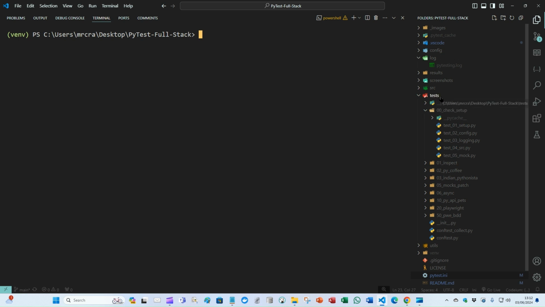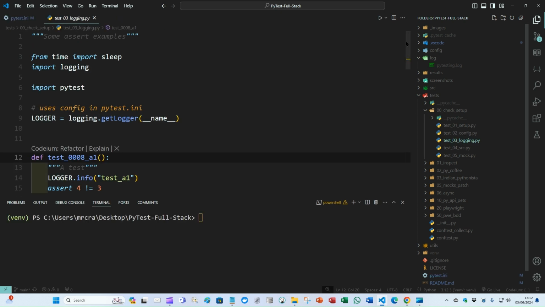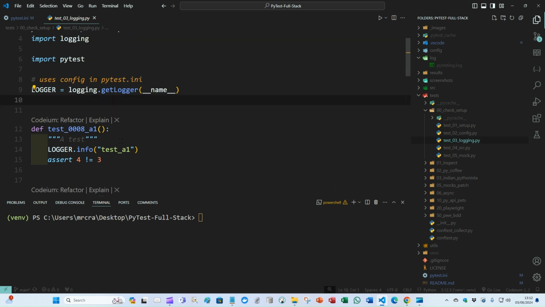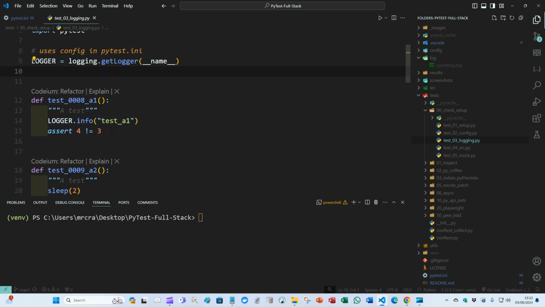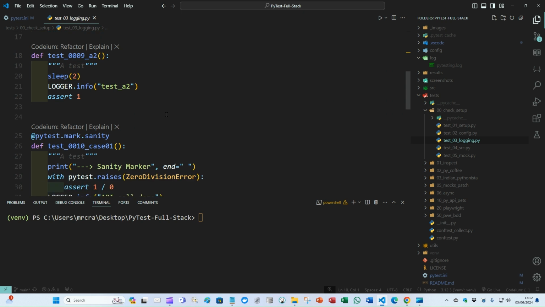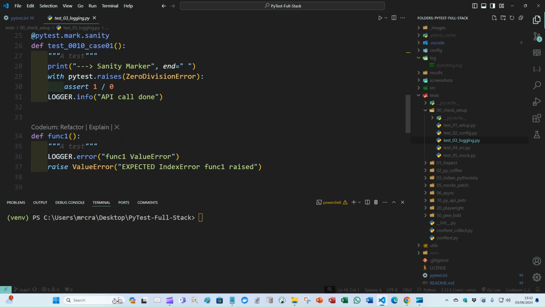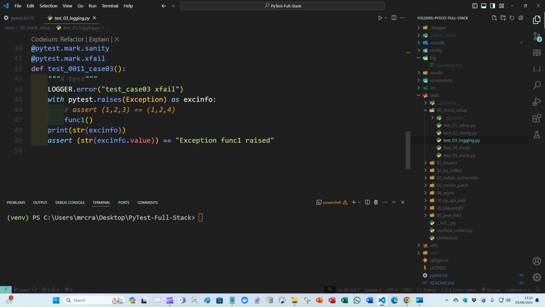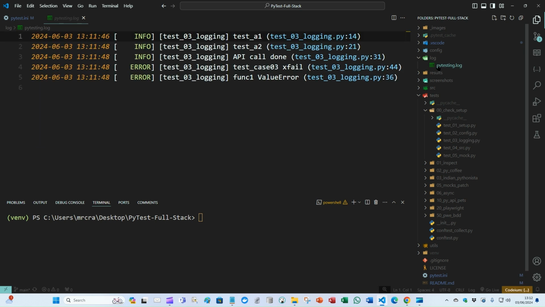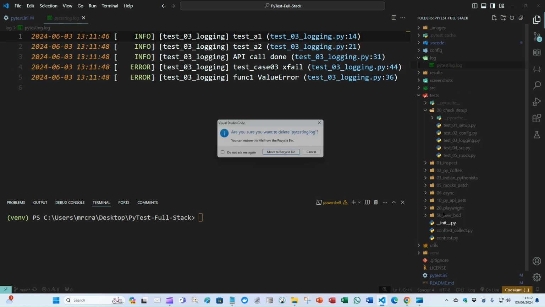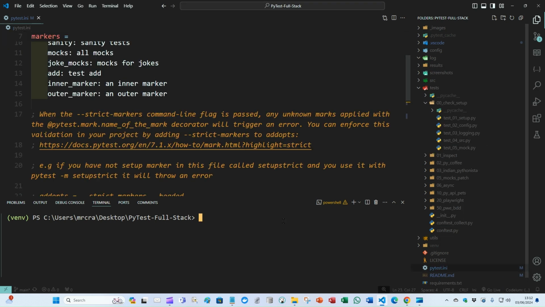If we now look at tests, 00 check setup and the 03 logging p.py, we can see that we're importing logging, creating a logger, and now logging out various messages: info, again, error. I'm going to delete that file in there. And if we run